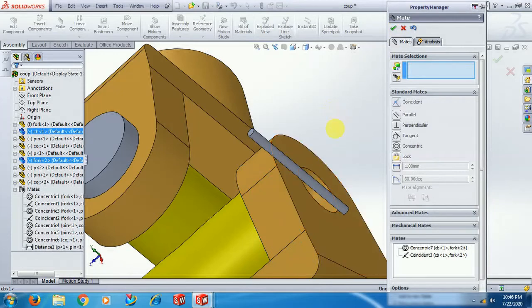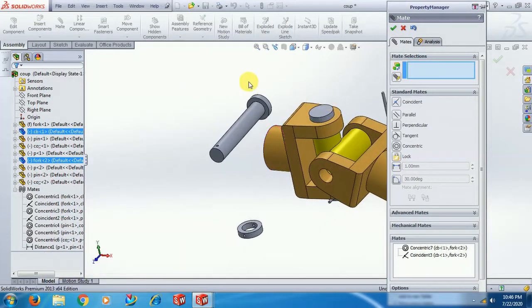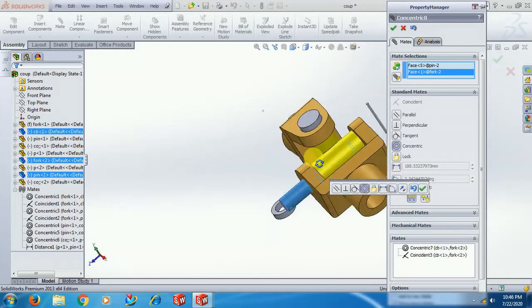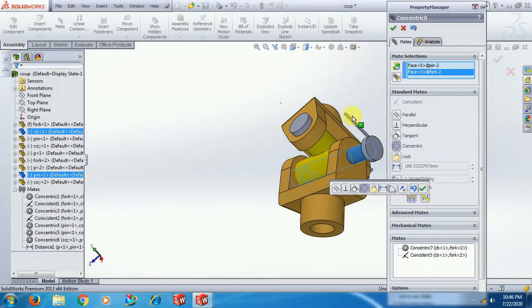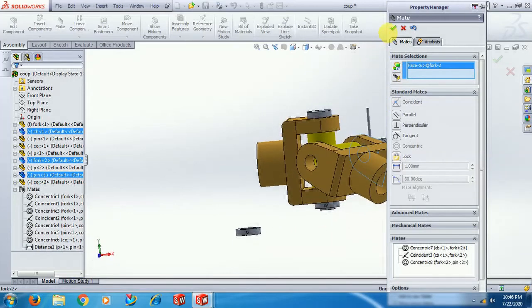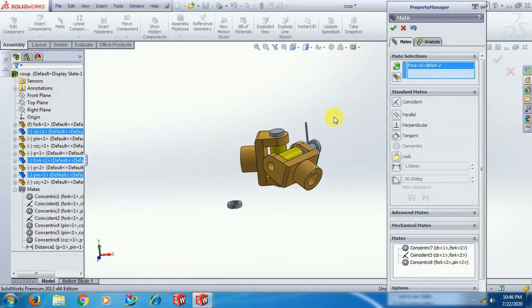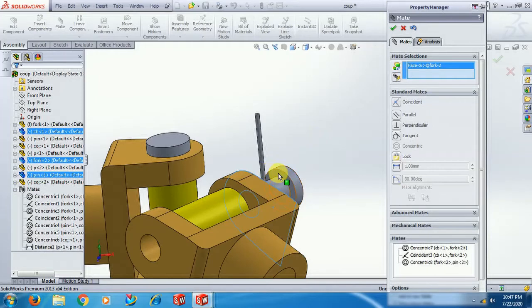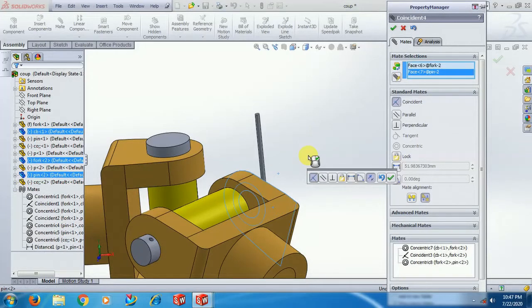Okay, then see, same window, don't close the window, select this surface, pin surface and hole surface, concentric, move this, fine, select OK, again this surface, coincidence.